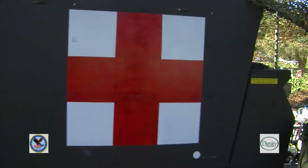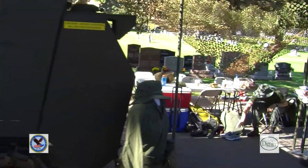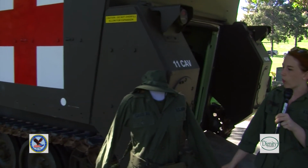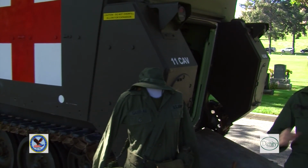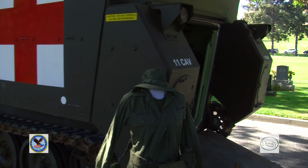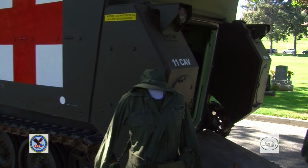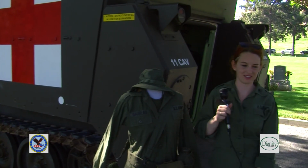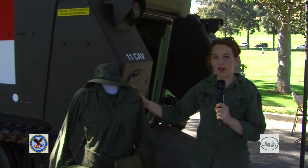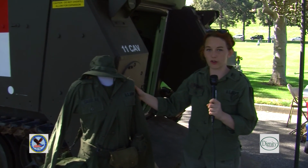All right, so over here we have an exact example of what a Vietnam nurse would have worn. Nurses in Vietnam. Oh, okay. I just wanted you not to hold the cord. Give her somewhat slack. There you go. So this is an exact example of what a Vietnam nurse would have worn during the